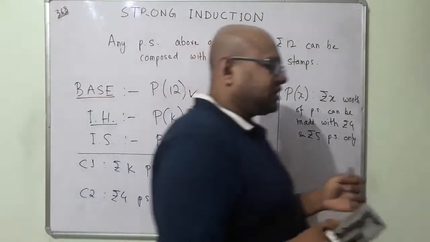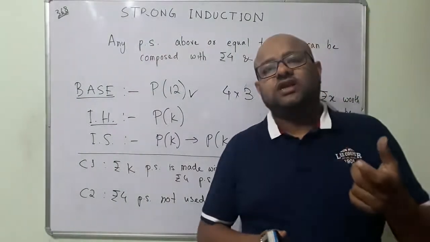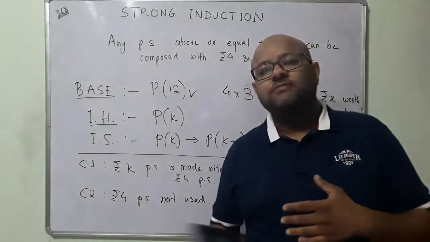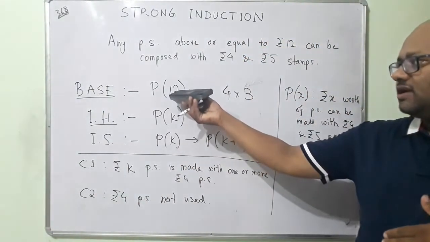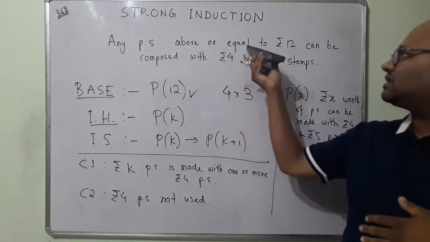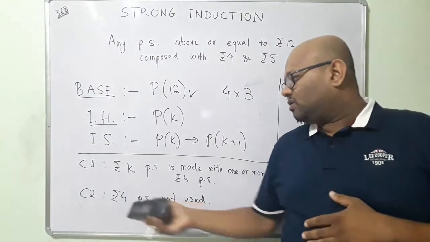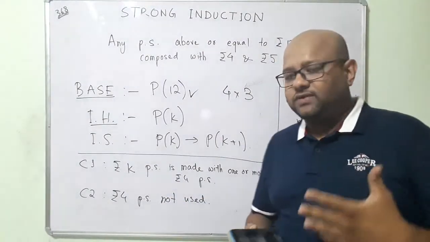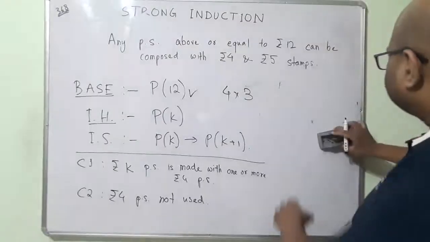Okay, so say I am trying to make a postage stamp worth rupees 15. I can use three 5 rupees postage stamps. So 4 rupees worth of postage stamp was not used. So my k is of course bigger than 12. We are talking about numbers equal to or above 12. So k is greater than or equal to 12 in our case. So let us see if we can prove